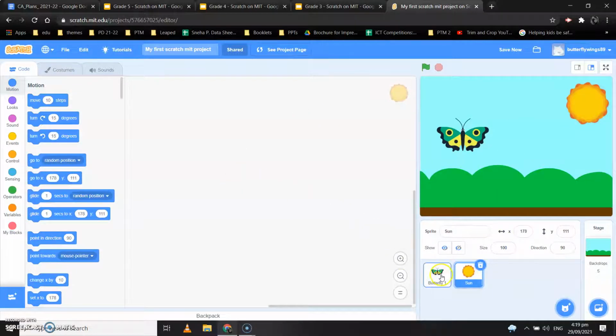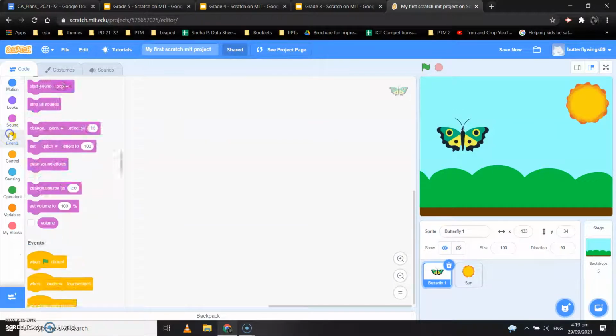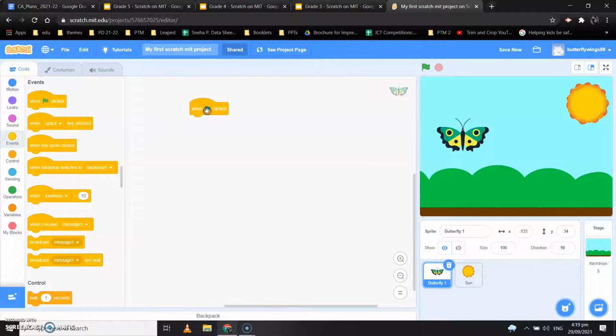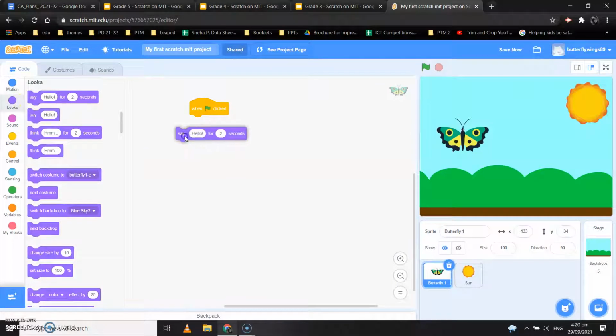Okay, so when I click on the butterfly sprite, I will code for it. So first code will always be when green flag clicked. Then suppose I want the butterfly to say something. Okay, so let's take a say block. Okay, let the butterfly say